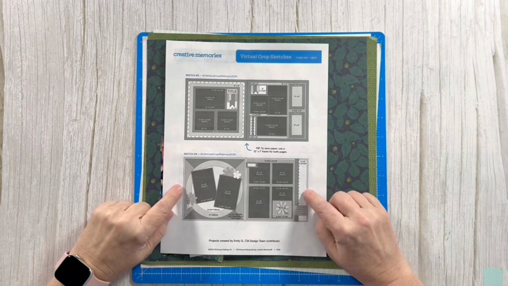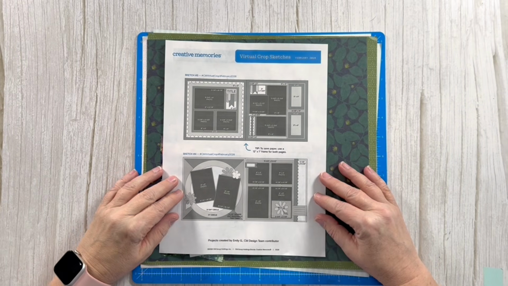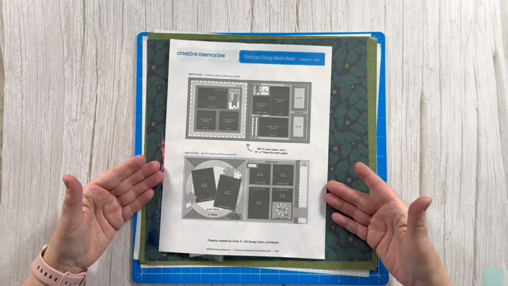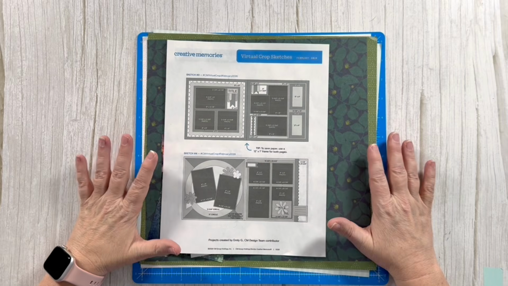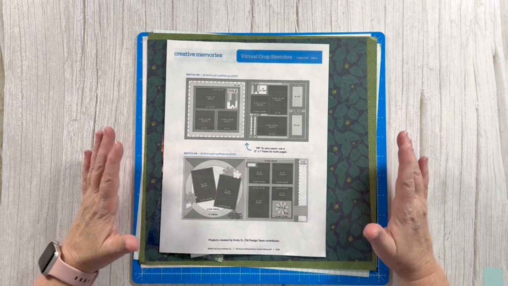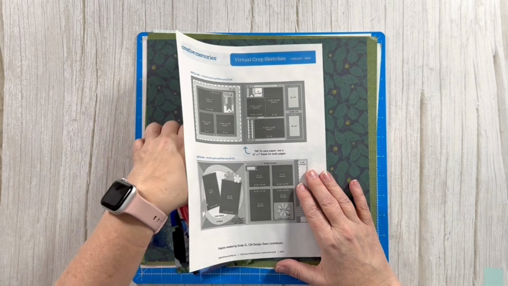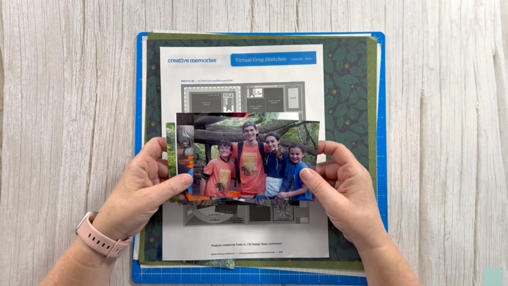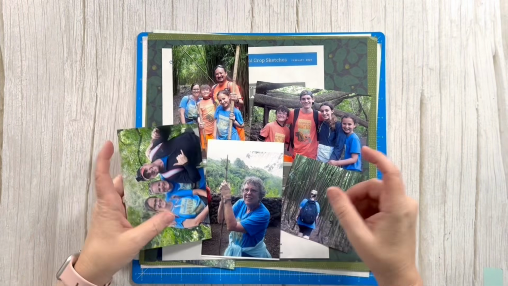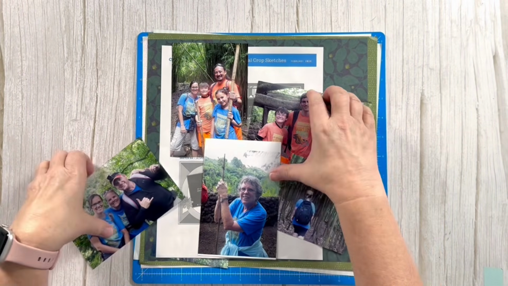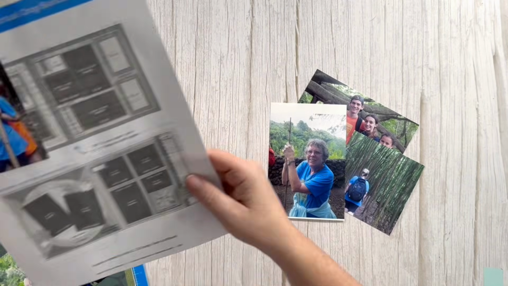So in this case, I'm going to use this sketch. I had a lot of questions about the circles, so I thought we would do this one. And when I first look at it, I just think, wow, there's a lot here. So the very first thing I do is find pictures, because I don't have any pictures. I told you guys before that I'm working on my Hawaii album, and my brother-in-law sent me a lot more fun pictures. So I pulled out some,